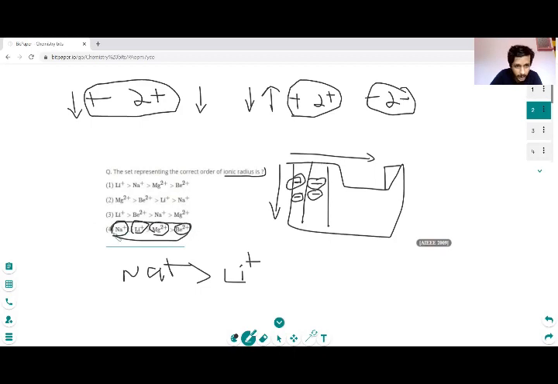This is where you can use the trick. You can get confused with magnesium and beryllium, because there we have to apply both concepts, charge and position. Here we can apply only position, Na+ and Li+. We certainly know that when we go down the group, ionic radius increases, so sodium should have higher ionic radius than lithium. Among all four options, only one has that, sodium greater than lithium. So this is where the trick comes in. You don't need to know about magnesium and beryllium; you can use this concept and answer the question. The answer is D.